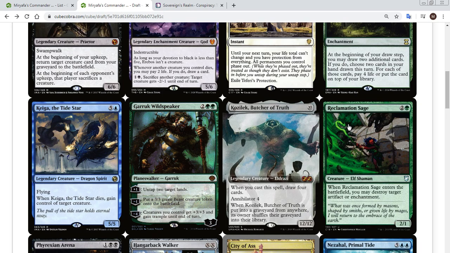The average converted mana cost for a 1v1 cube is usually 3.0 or less. The goal is to get the total average converted mana cost of non-land cards as low as possible so that people have the ability to do things during the early turns of the game. And so that's why I have Reclamation Sage in here over a more expensive bomby card like